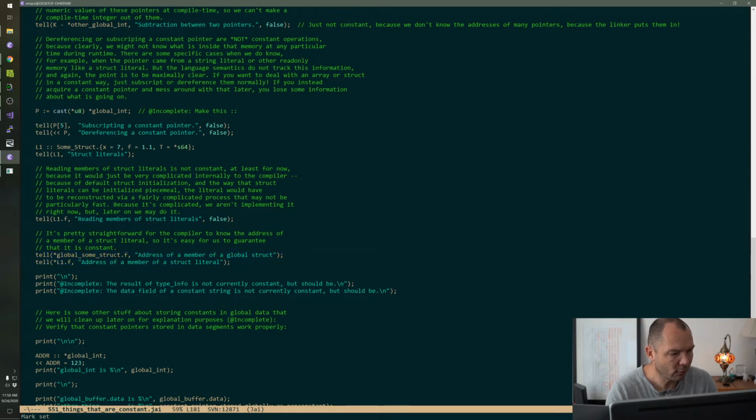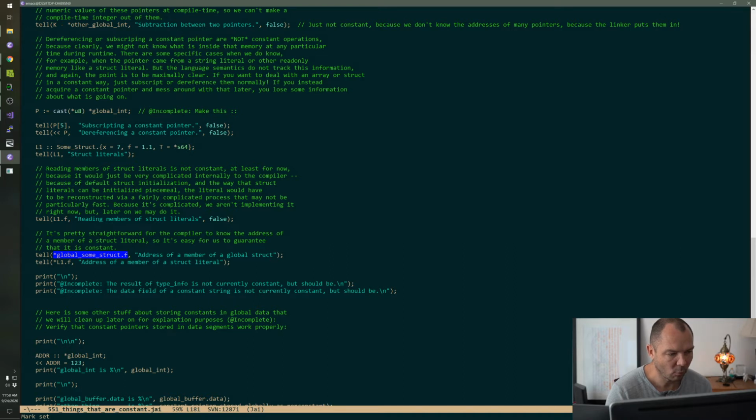So if you take the address of a struct member that's in global space, that's just the same as adding an offset to the pointer, right? And we already did that. So we obviously have the backend capability for this. So we're just making sure that if you do this in your code, that gets crunched down at compile time into a constant pointer.